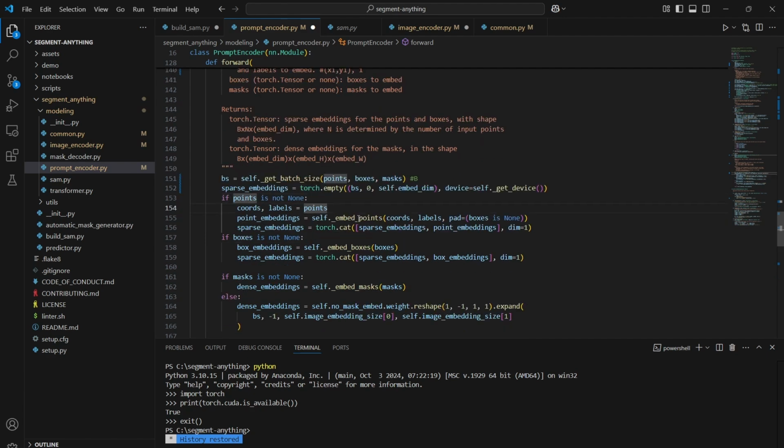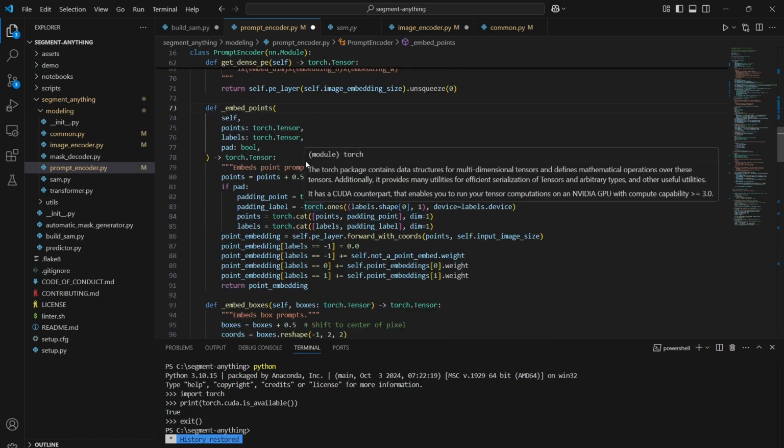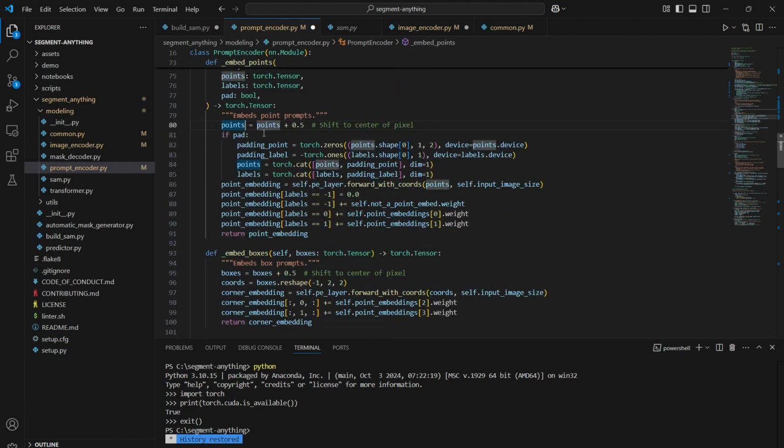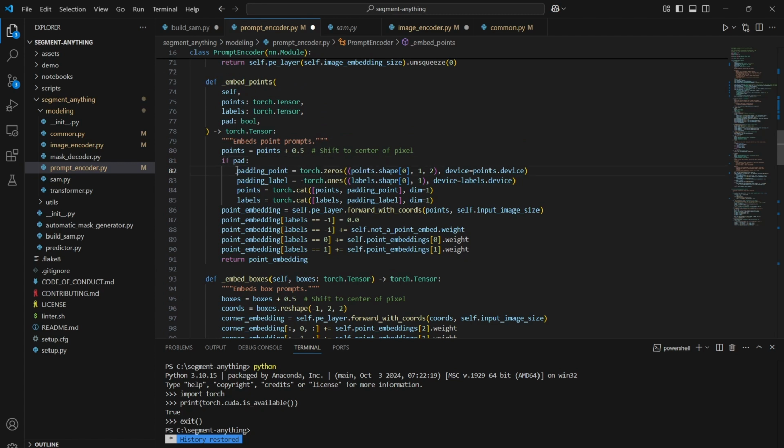For embedding those points, we have the embed points function. Inside that we pass the coordinates, labels, and pad, that is, if boxes is none, then we will pad, right? Inside this we shift all the points by adding 0.5, right? And then if the pad is turned on, in our case, if the box is not given, then this part will execute, otherwise it won't. Here we create a padding point. The shape would be B cross 1 cross 2, and all of them will be filled with 0,